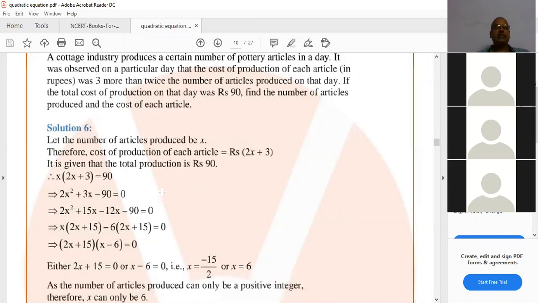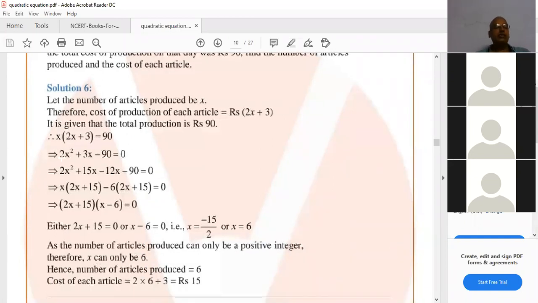If the x square coefficient is other than 1, if 2 or any other number is there, you have to multiply the x square coefficient and the constant. For that number only you have to see the factors. These two you have to multiply. My cursor is moving, you see, the x square coefficient and constant should multiply. 2 nines are minus 180. You have to see factors for minus 180. How do you get factors? By prime factorization only. For 180 you do prime factorization. Then the condition is plus 3 you have to get. If you multiply, you have to get minus 180. The same numbers if you add, you have to get plus 3.